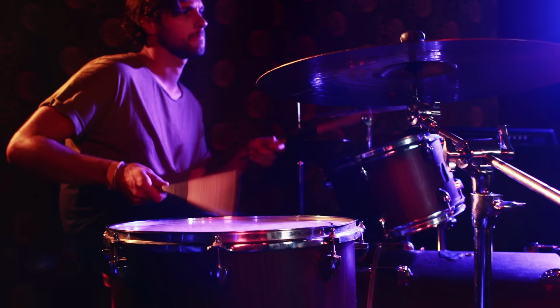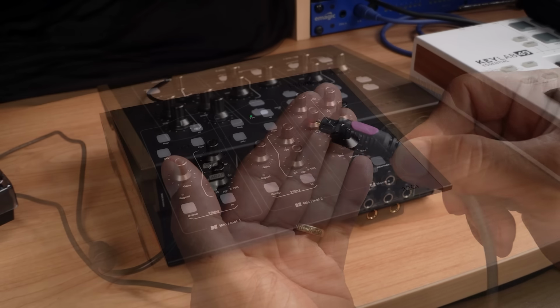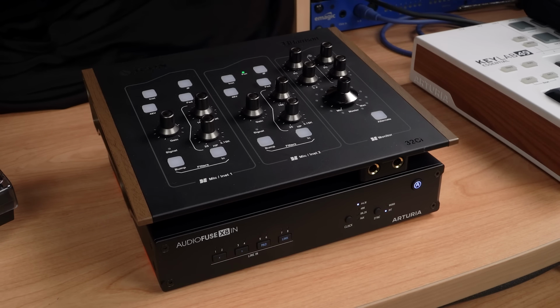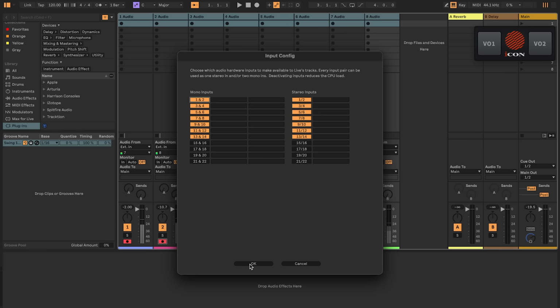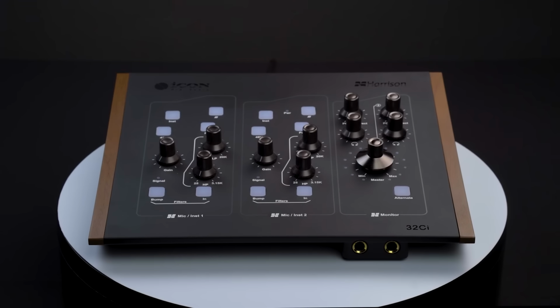You need more inputs or outputs for your recording setup? Whether you're tracking a full drum kit, recording multiple vocalists, or routing mixes to external gear, Optical, or ADAT, is a simple and powerful way to expand your audio interface. In this video, we'll show you how ADAT I/O works and walk through an example setup using iCON's Harrison 32CI